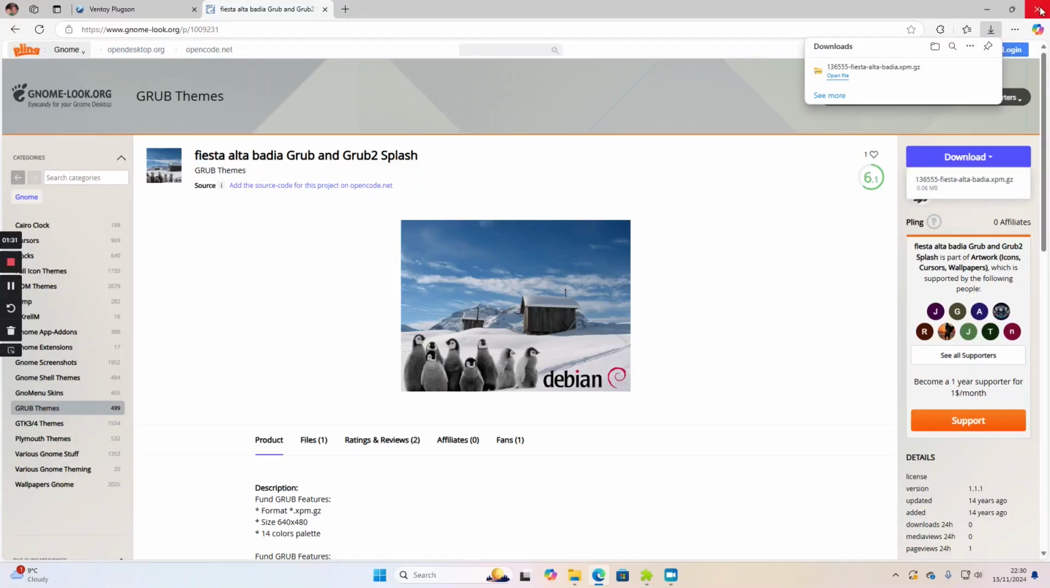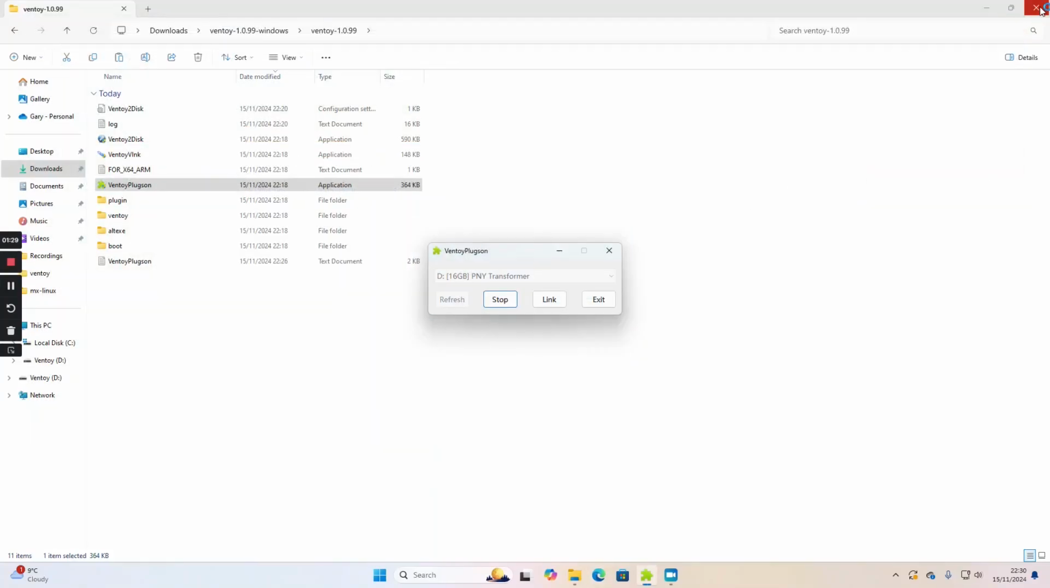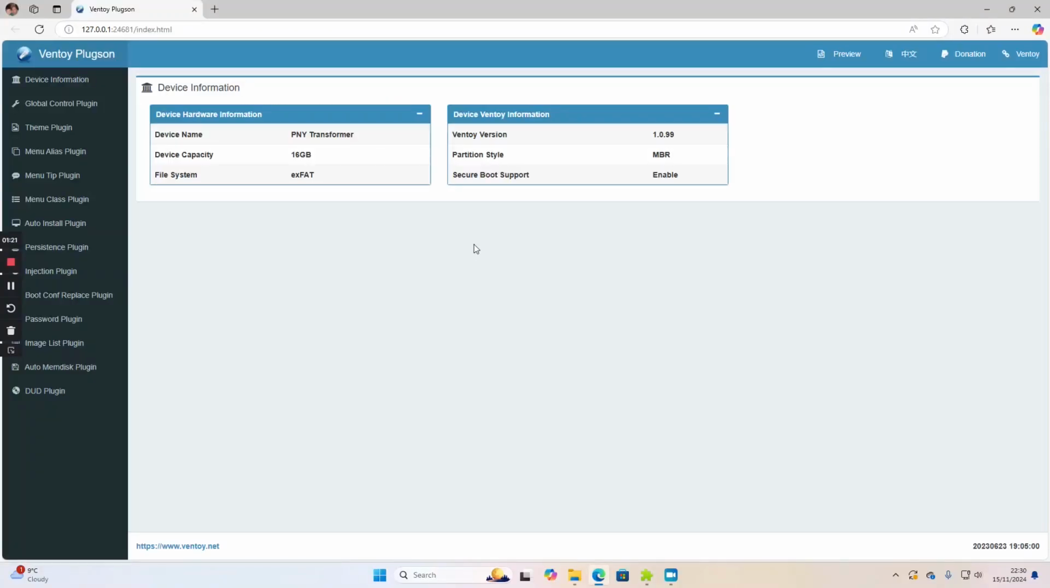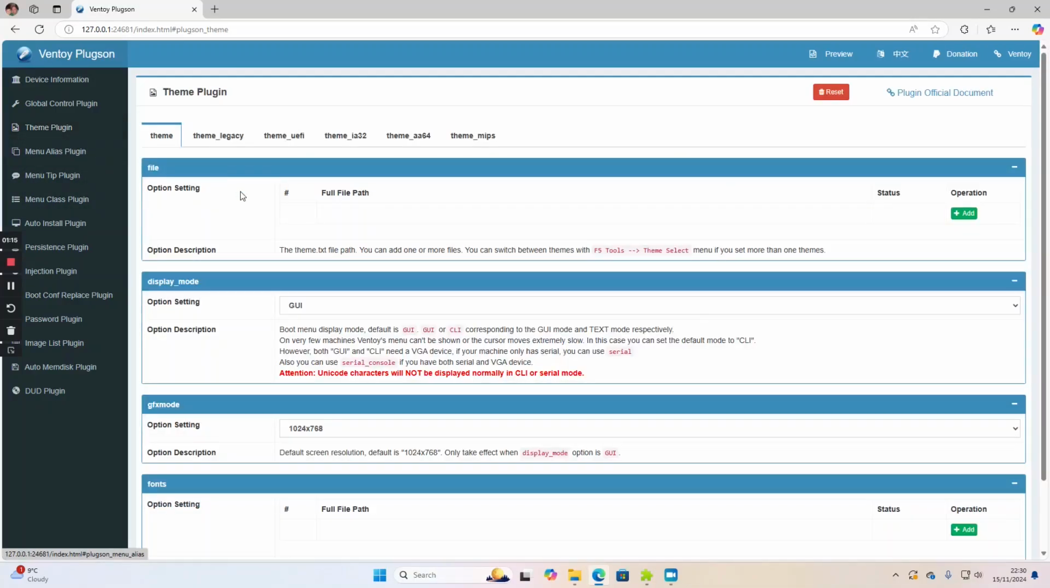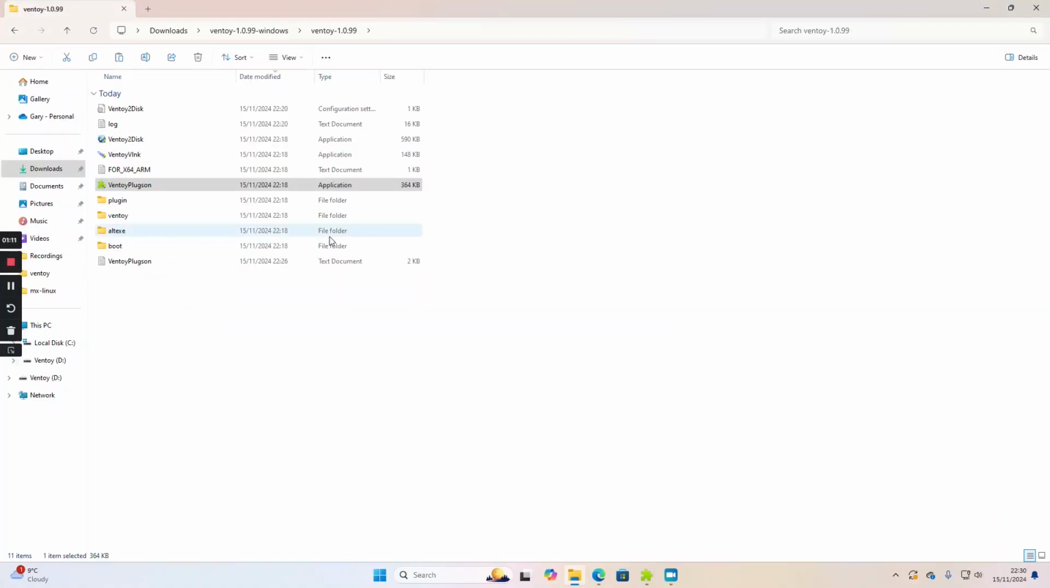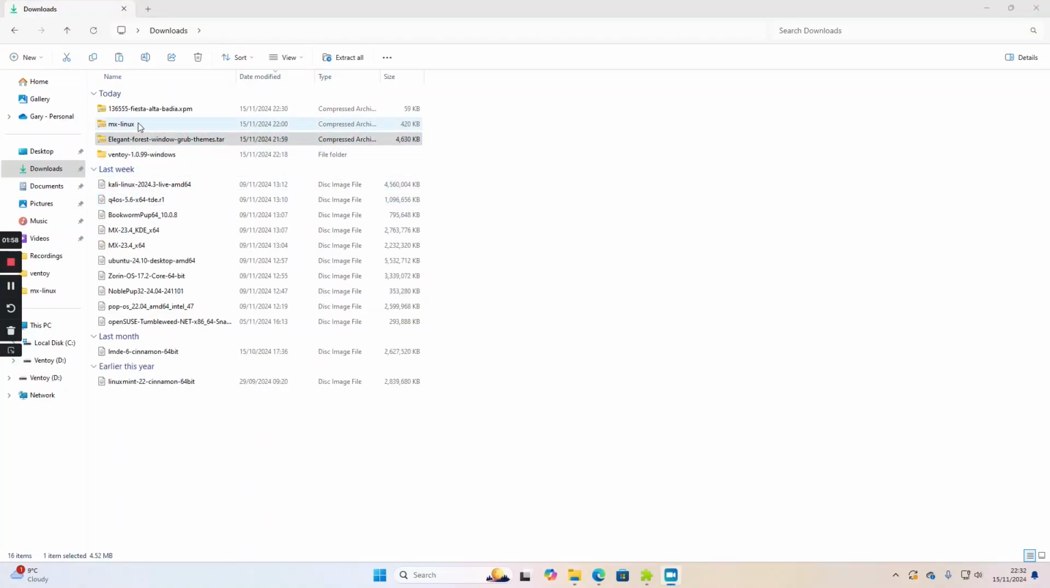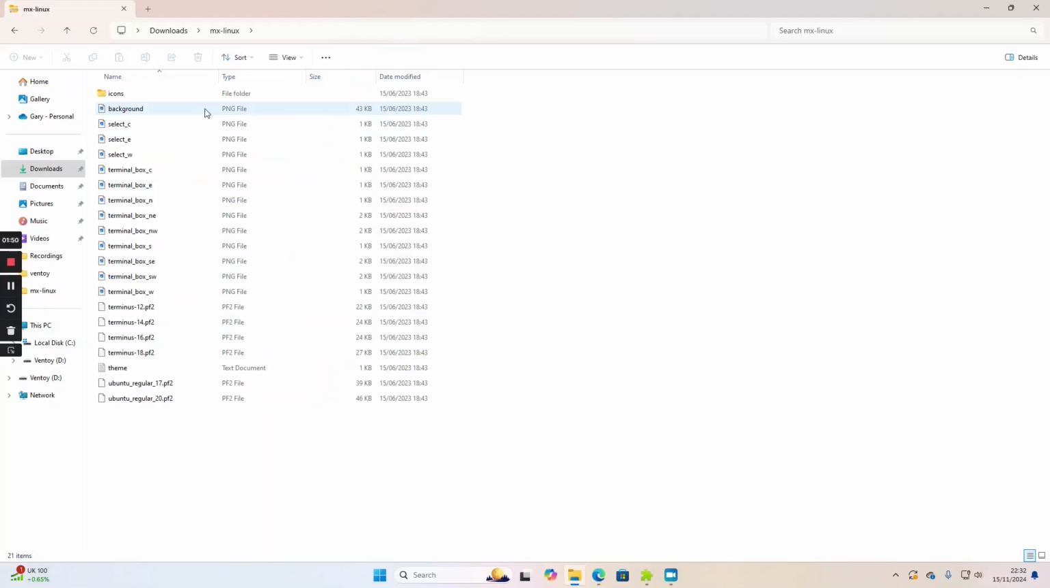So once you've downloaded the themes you like, you just close this window here, and if you accidentally close a page, you can click on this link button here and it'll come back to here. And this is what you want to do. You want to go to the theme plugin and you want to go to your downloads folder. So here are some themes I've downloaded. We've got the one that I've just downloaded there. I've got this one called MX Linux and this themes.tar here. So if I look at the MX Linux one, for instance,